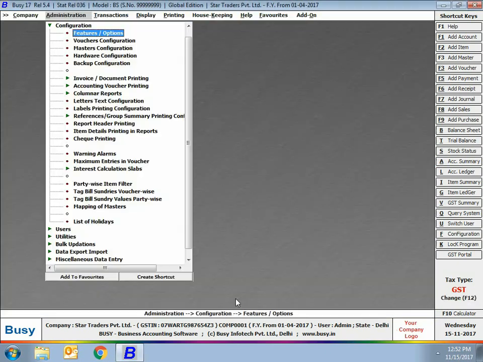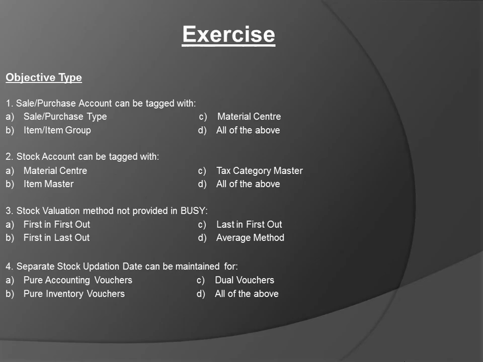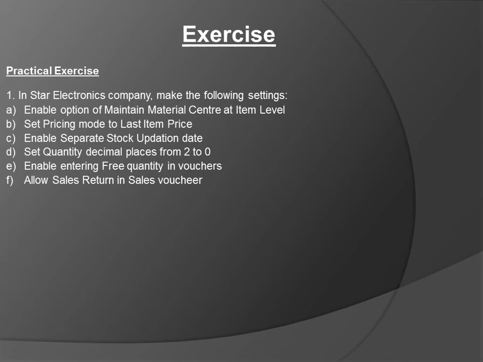Click the save button to save the inventory related features. We have discussed all the inventory related features in this chapter. At the end of the chapter, an exercise is also provided. You can view it on the screen and